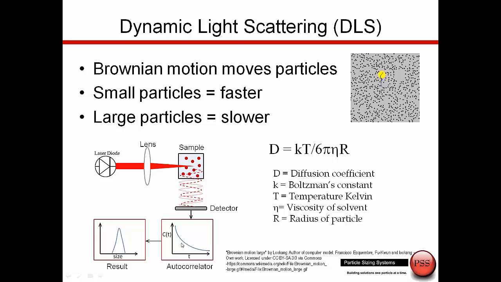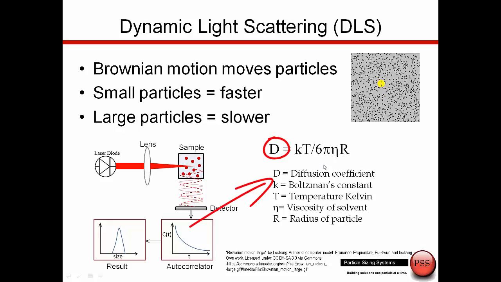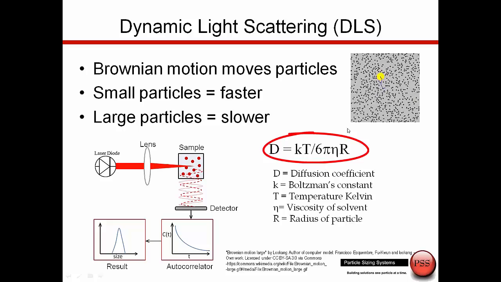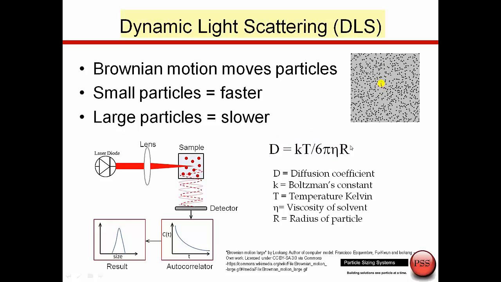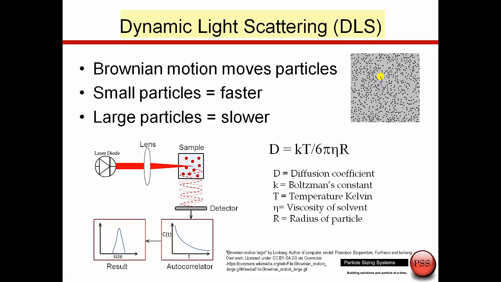So from the autocorrelation function, we can derive the diffusion coefficient, and then we use the Stokes-Einstein equation, where if we know the temperature and the viscosity, we can calculate the radius or the diameter of the particles and generate this result. So this is the basis of dynamic light scattering, probably the most popular tool for submicron particle size